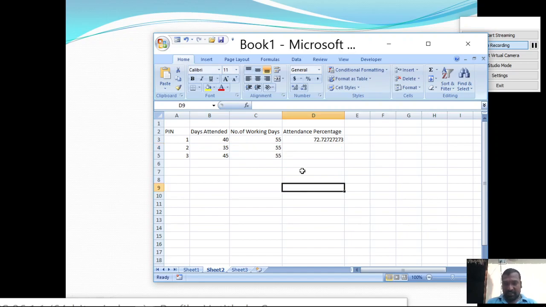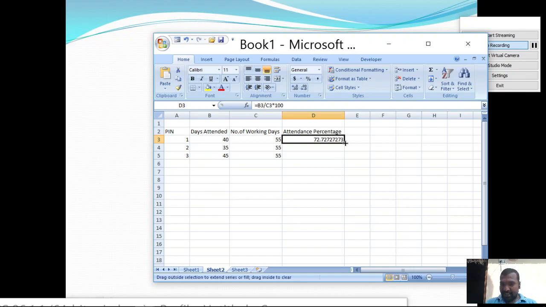So instead of that, you can apply the same formula for the remaining continuous numbers by just highlighting the cell for which you have already written the formula. Move your cursor onto the bottom right corner where we have a dot symbol.